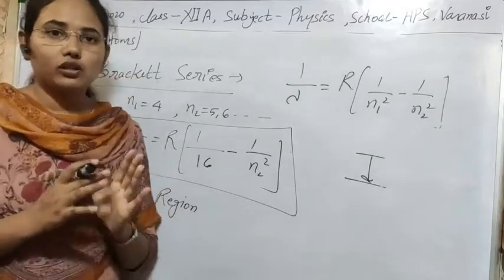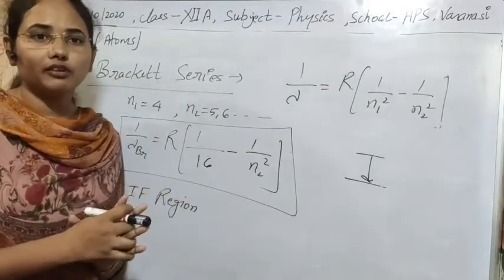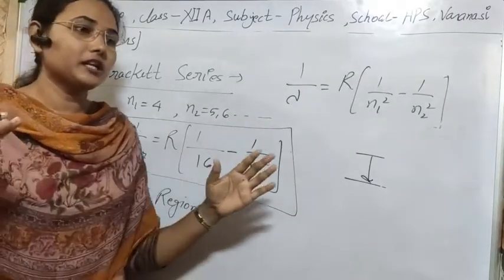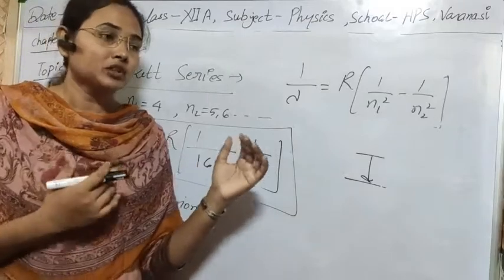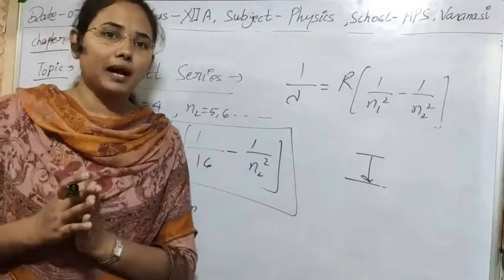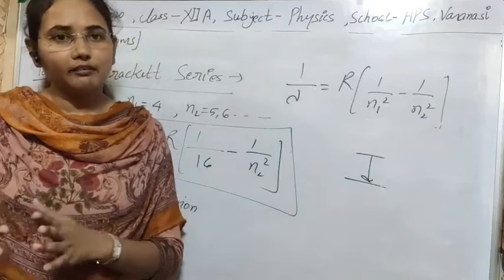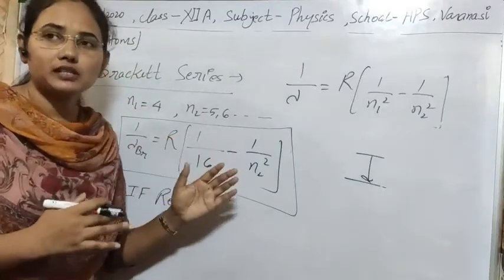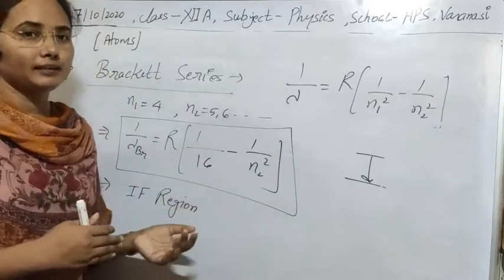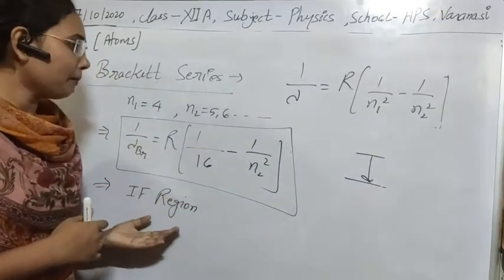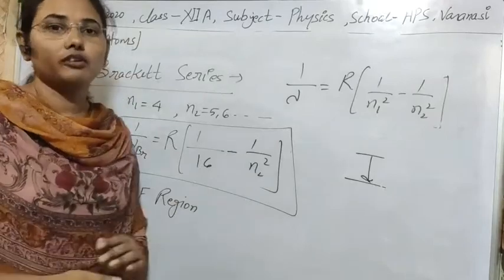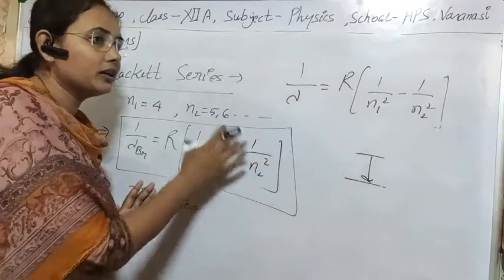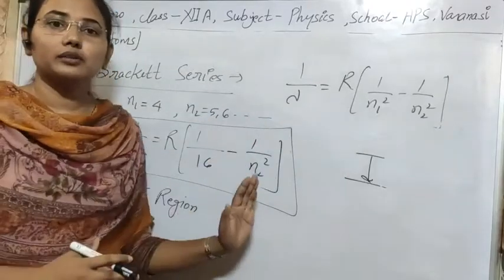The Paschen series also lies in the infrared region, but as the infrared region is very large and wide, we can divide it into three parts: near infrared, infrared and far infrared. The frequencies or wavelengths of the Paschen series lie in the near infrared region, and the wavelengths of the Brackett series lie in the infrared range. So I think with the help of the Bohr model, the Brackett series is also clear to you.